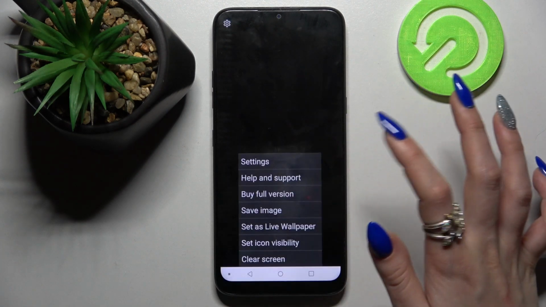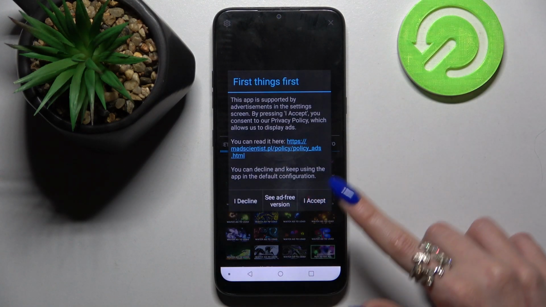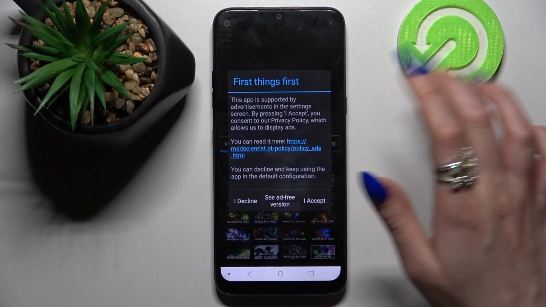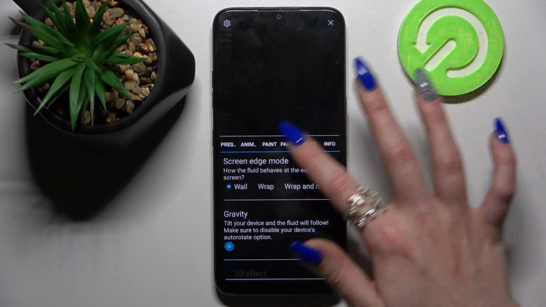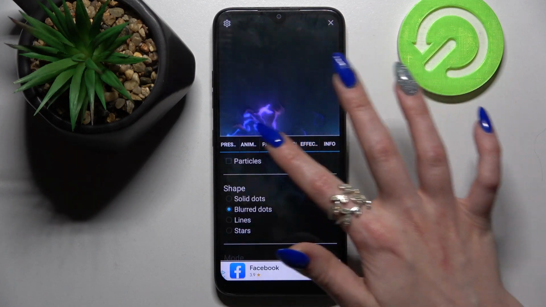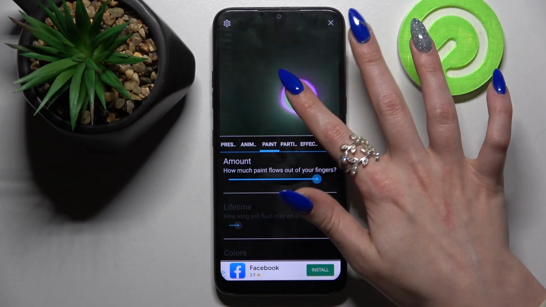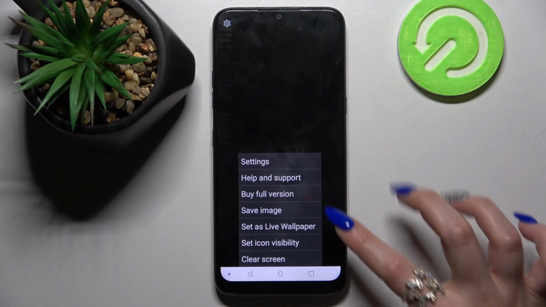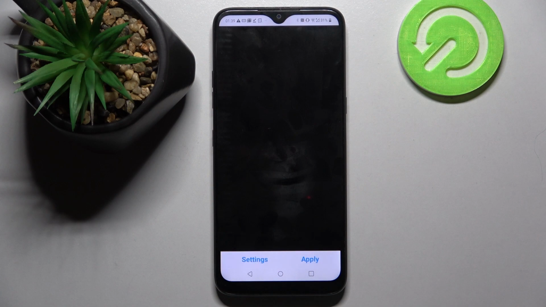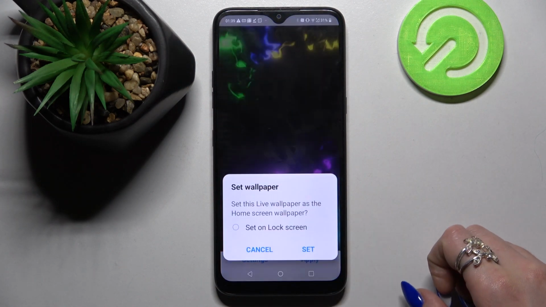So sorry, misclick. Again, now you need to choose I accept in the pop-up and adjust all of those wallpaper settings however you wish to. Then click at the top right corner and bottom one again. This time though you need to choose Set as Live Wallpaper, then click on Apply at the bottom right corner